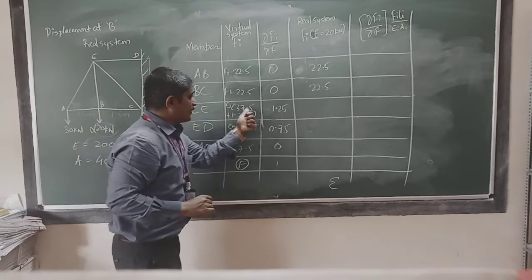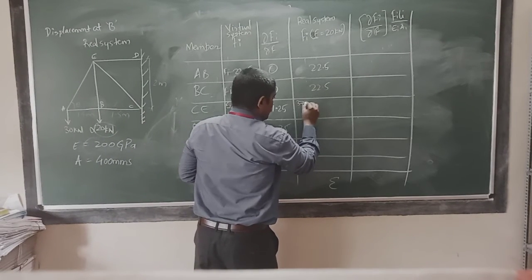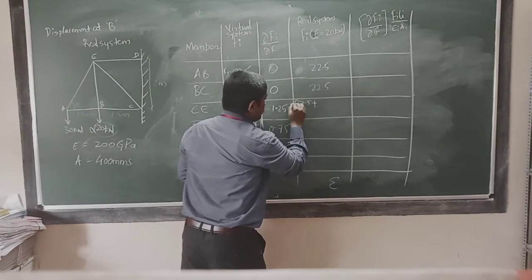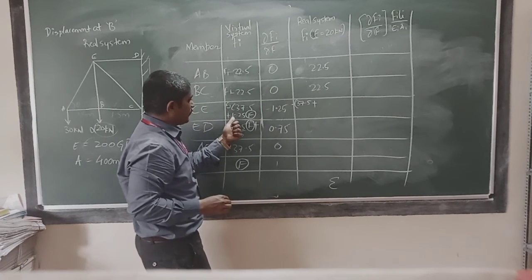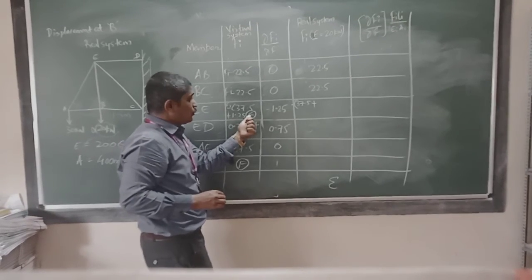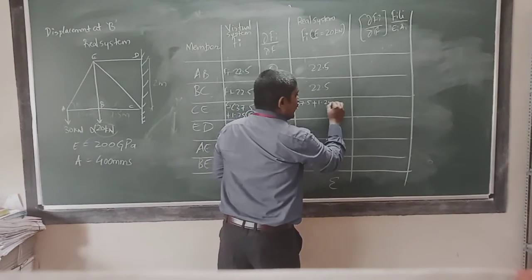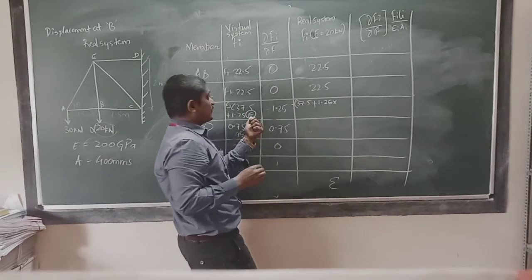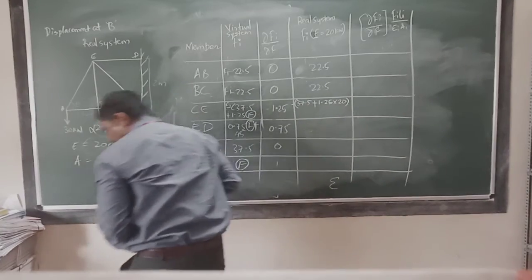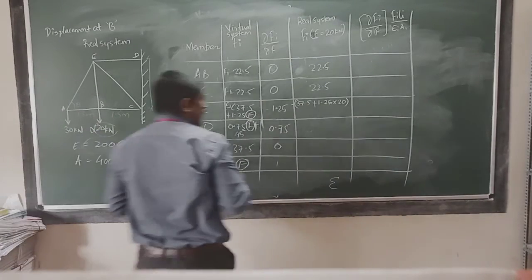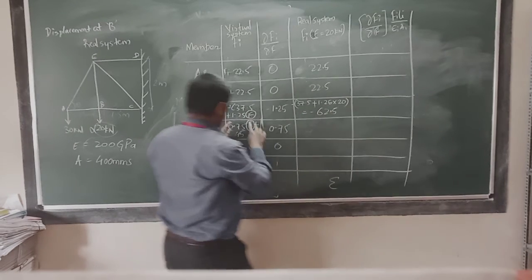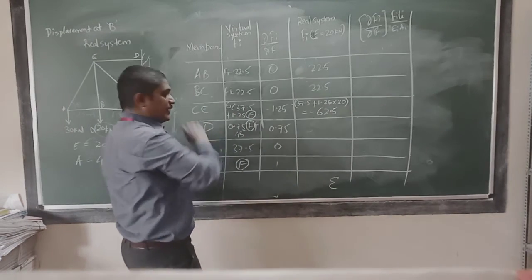Now see, in this 37.5 plus, so it is outside, it is minus, so minus 37.5 plus 1.25 into, replace this F with your real load, that is 20. So we will get the answer as minus 62.5 is equal to minus 62.5, because after this bracket there is a negative sign here.